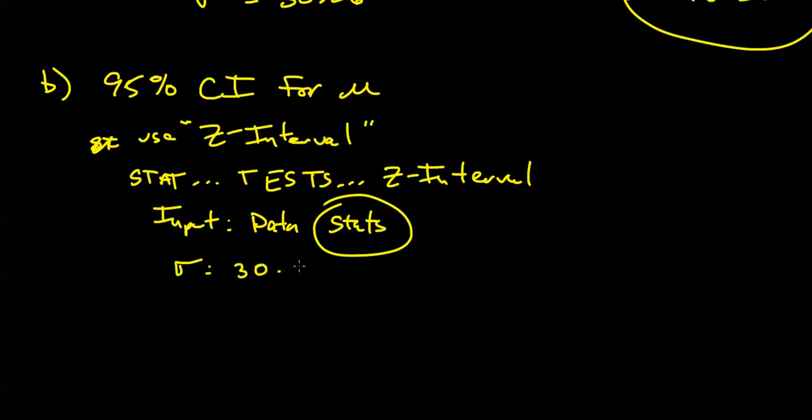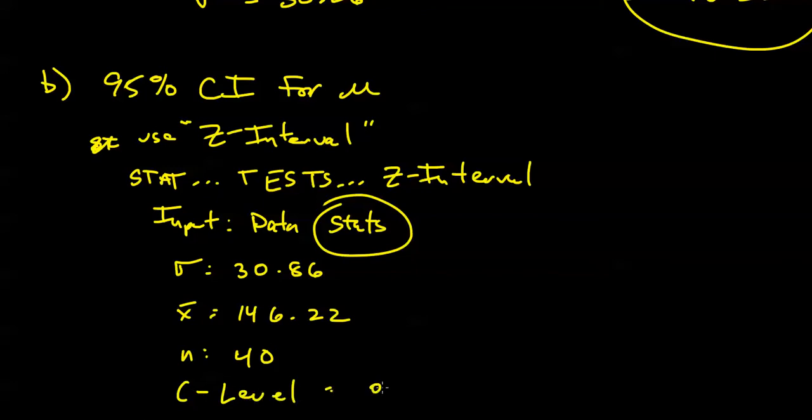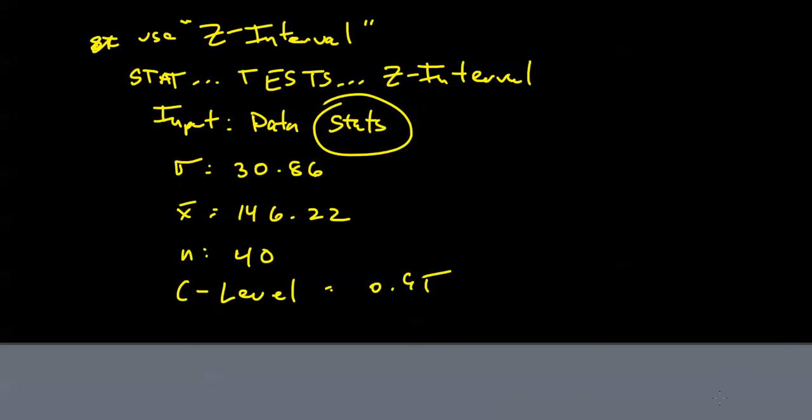Remember, sigma was given to us as 30.86. The sample mean was 146.22. Sample size is 40. And the confidence level, of course, 0.95. Alright, go ahead and highlight and select calculate, and we get the following result: